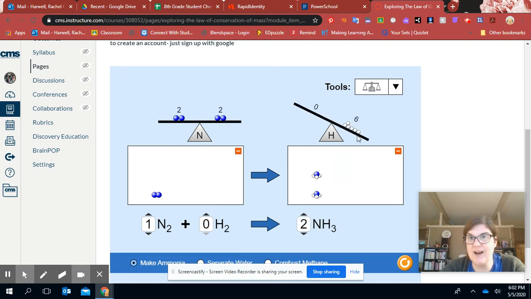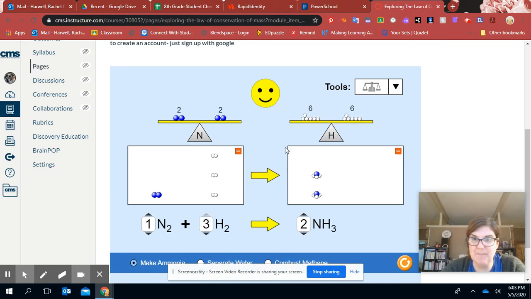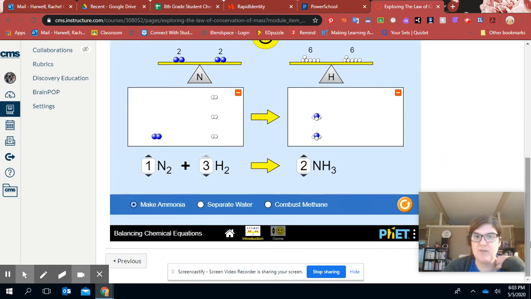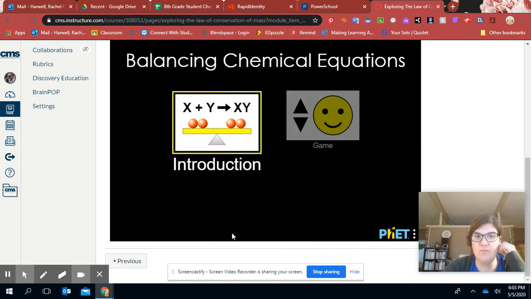But looking over here, I have 6, 2 times 3 is 6 hydrogens, and I only have 2 over here. So what do I need? I need to add 2 more, and then add 2 more. Bing! This is a balanced chemical equation. So play around with this. Again, it's not necessary to know how to balance an equation, but you need to know if one is balanced, okay? Once you've gone through these things, go ahead and go back, hit the home button,